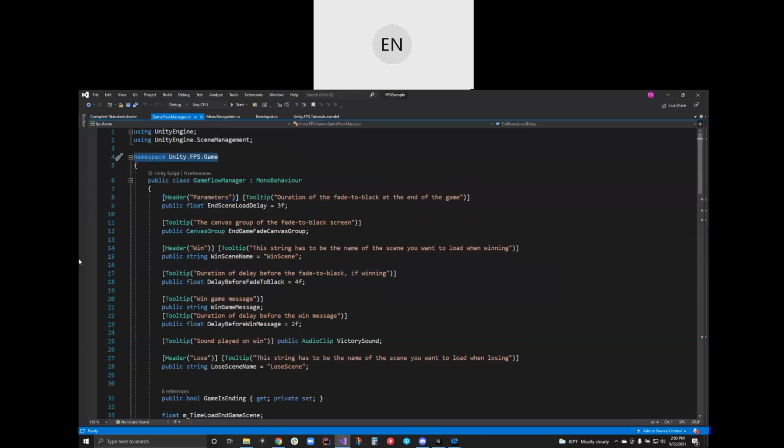Notice all this stuff is wrapped up in a nice new namespace that's just for this game. That's for organizational purposes. In this case, we have our game flow manager. As I hover over it, notice the class name is unity.fps.game.gameflowmanager. Whatever the namespace is, dot class. That's so there's not this clashing. Notice we're importing the Unity engine, the Unity engine scene manager, and whatever else. There could be a risk that within these libraries we're importing, there's already a class called GameFlowManager.